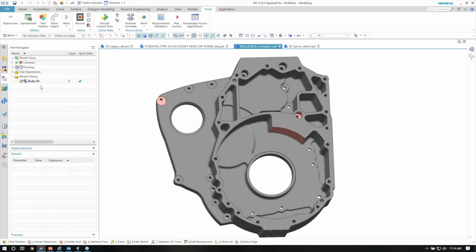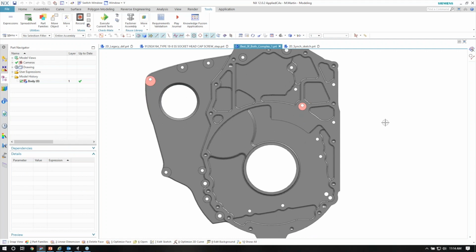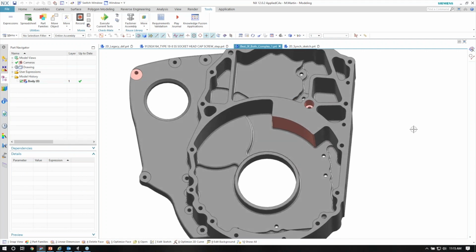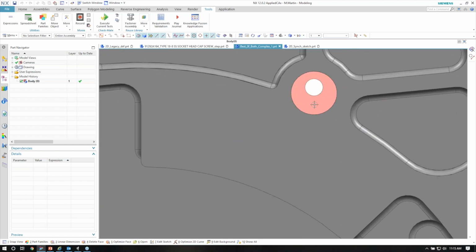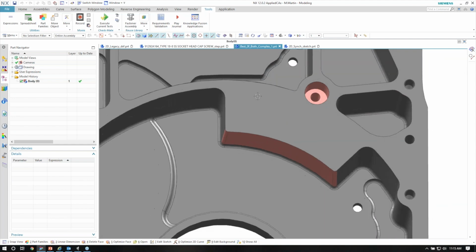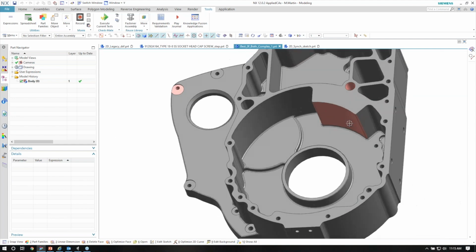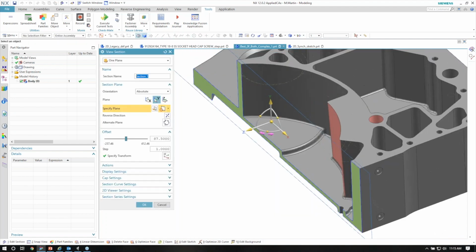I've got a part here that, through either translation errors or just over time, has drifted for whatever reason, and people hadn't caught the things that are wrong with it. If I look into this bore, this looks like it's supposed to be concentric, and it's not. I've got another one over here that has a concentricity problem. And then I look at this face over here, and if I section my part,